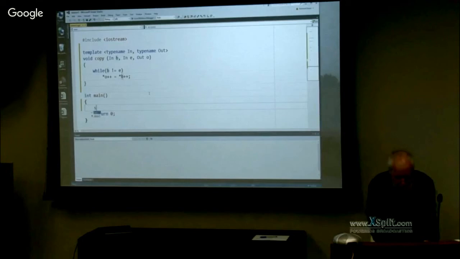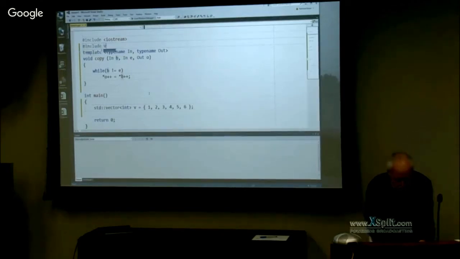So let's say we define a standard vector of ints and we initialize it to some values. And I need to include a header file here.